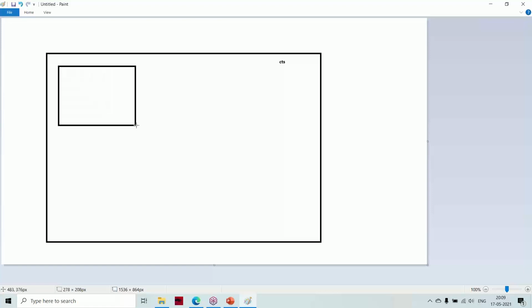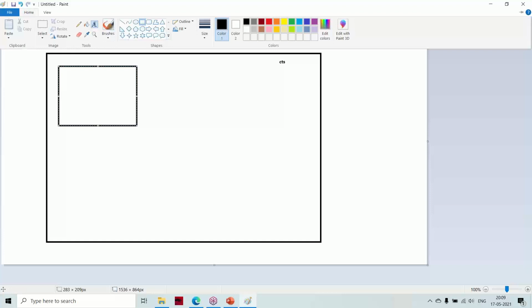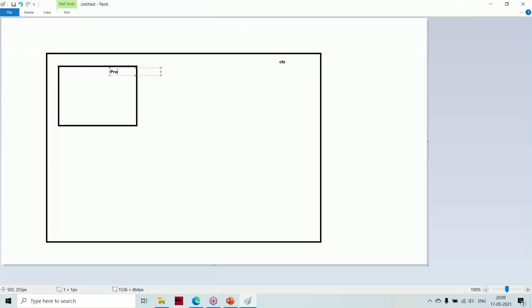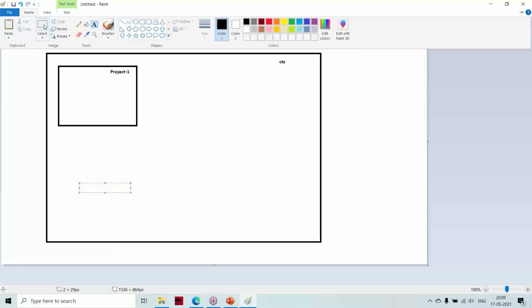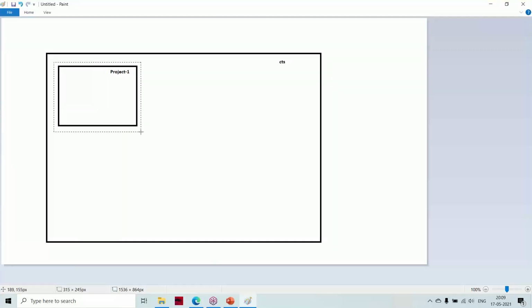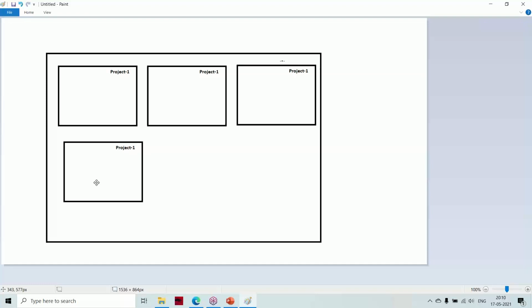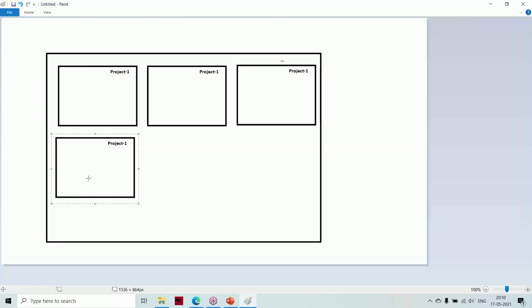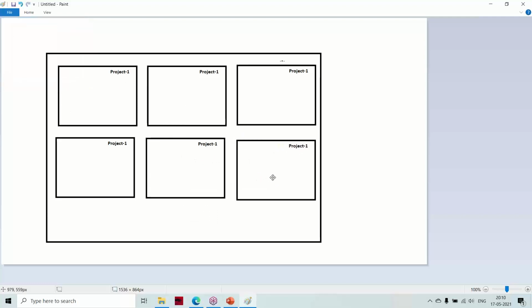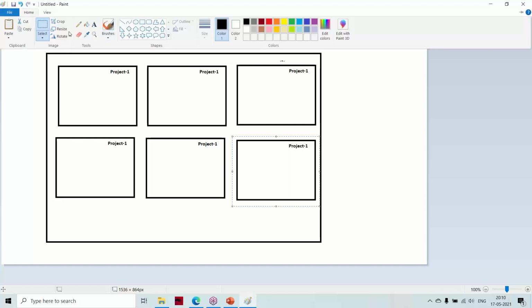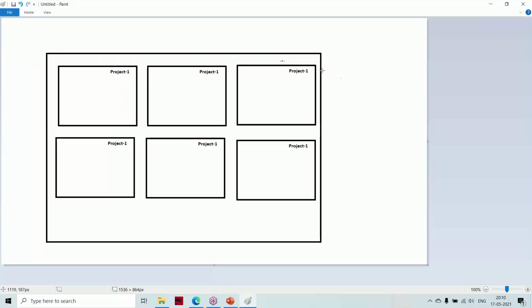This is project one, and it will be having a number of projects. Now it is having something like project one, two, three, four, five, six projects.